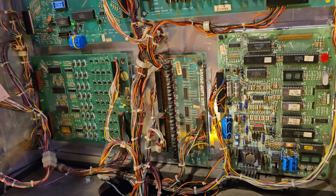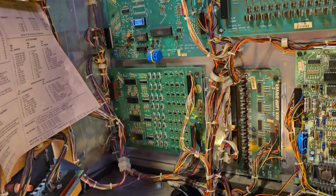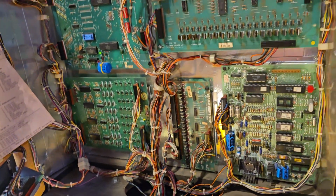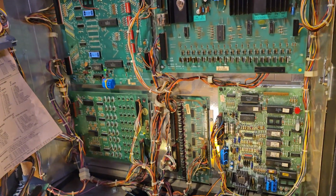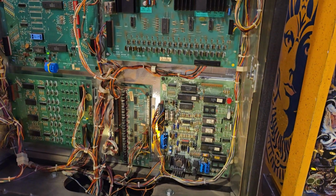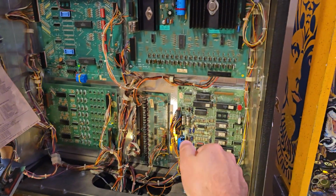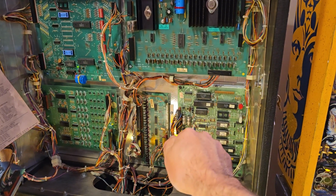Everything in the back box is all original Bally Williams boards. The only thing even close to an issue I had is when I first moved this thing down here into my basement, I had to reseat the connectors on the sound cards to get the sound working on it. And when I say reseat, I mean unplug it and plug it back in, and then the sound